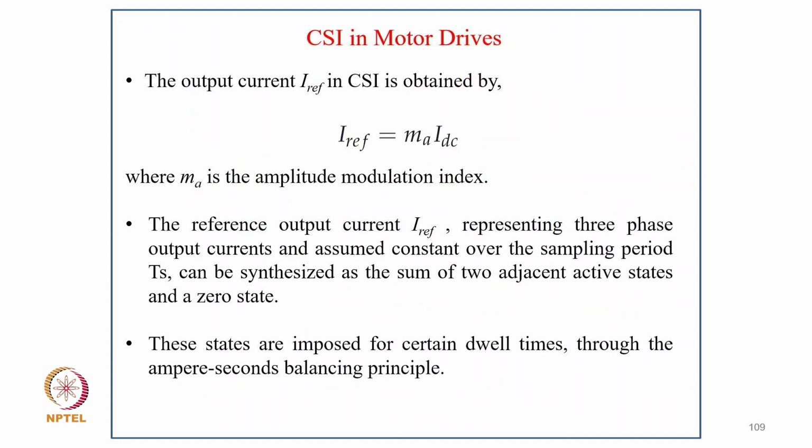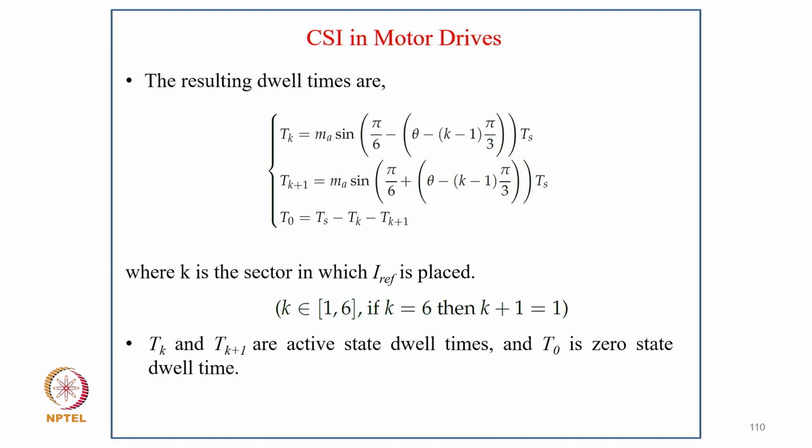So now the output current I reference is obtained as I reference = MA × IDC, where MA is the amplitude modulation index, and the reference output current representing the three-phase output current is assumed constant over the sampling period Ts. It can be synthesized as the sum of the two adjacent active states and the zero state, and the three states are imposed for certain dwell times through the ampere-second balancing principle, and the resulting dwell time